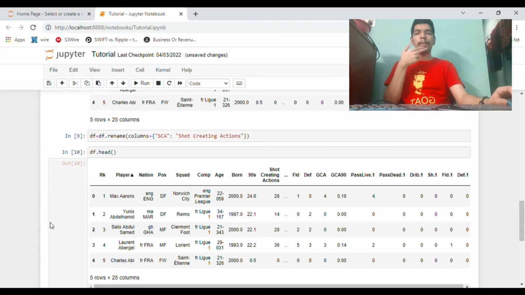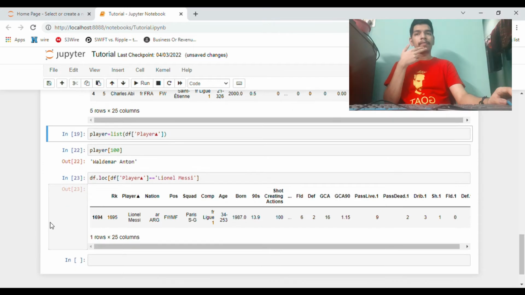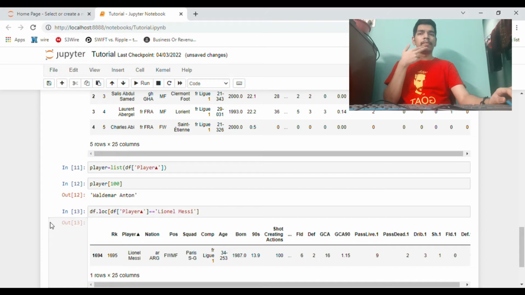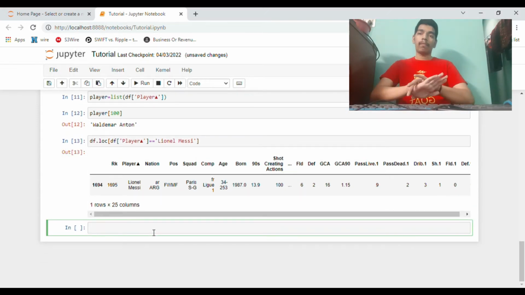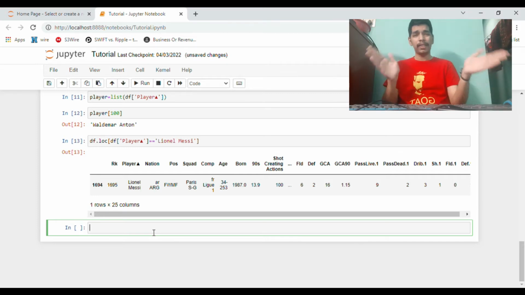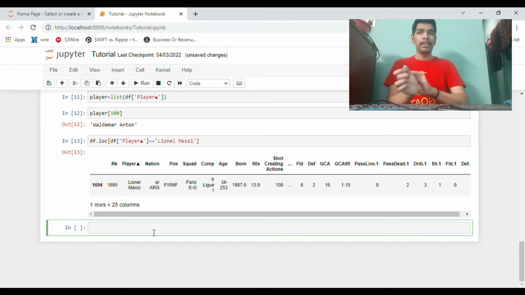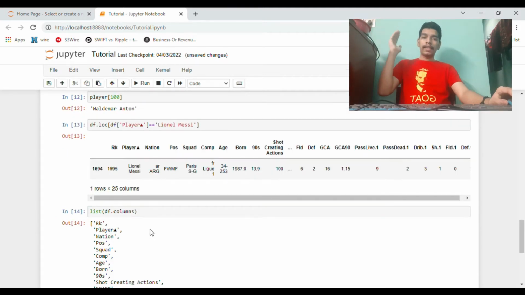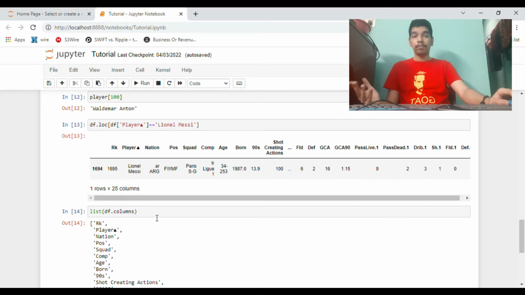So we'll pick it up where we left off last time, we are left off at the log function. So what we are going to be doing this time is, since we are trying to plot a scatter plot, just to bring it back to you, whatever database we had, we're just going to look at it again. We will just say df.columns first, and rather we will say list out df.columns, so that we can look at what all data is available to us, and out of these what data can we look at putting a plot